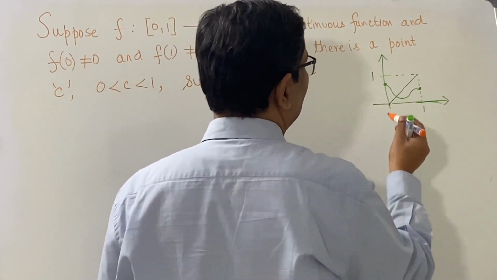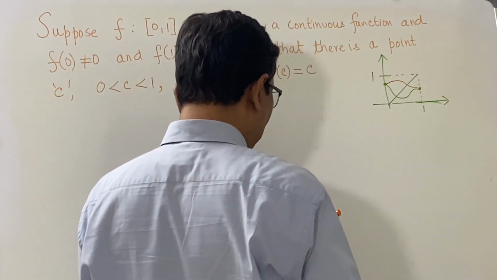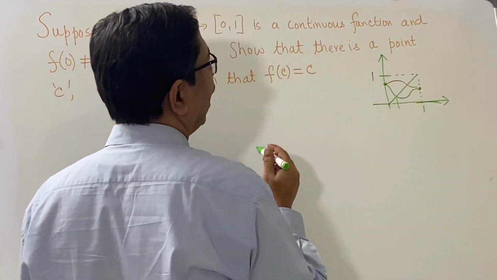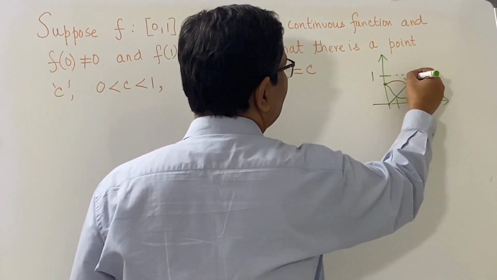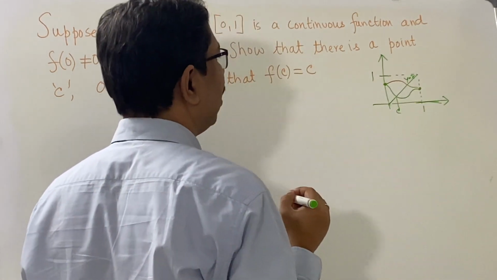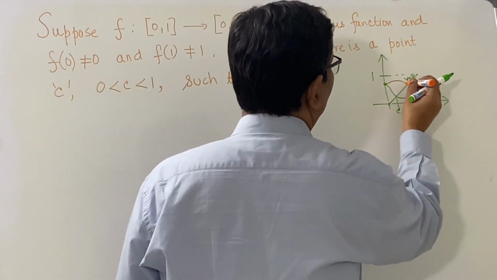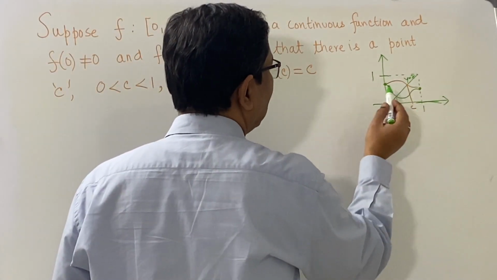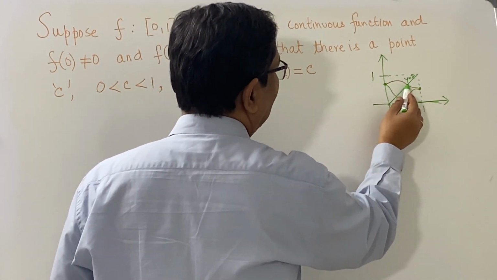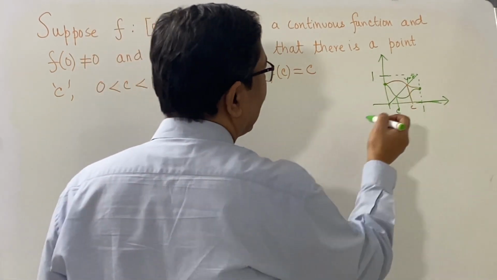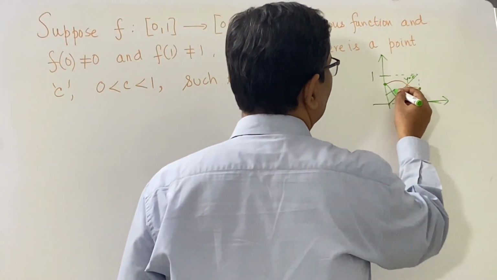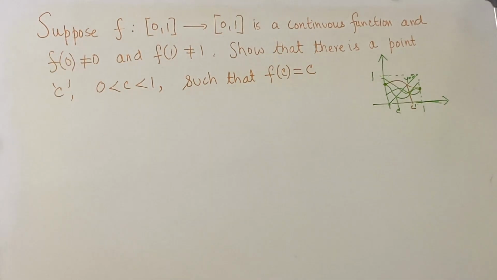And no matter what such functions we draw, we note that this graph intersects the line y equals x. So, this line is y equals x. And this point we can think of as c. For the orange curve, this is the point c. So, at this point, f(c) is equal to c. Similarly, here again, f(c') say, is equal to c'. So, this appears to hold for any function that obeys this property, and we will try to prove this in